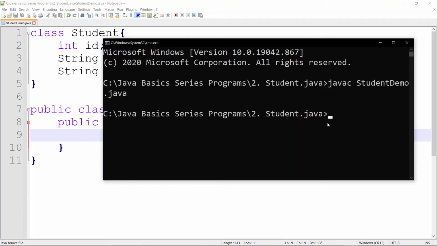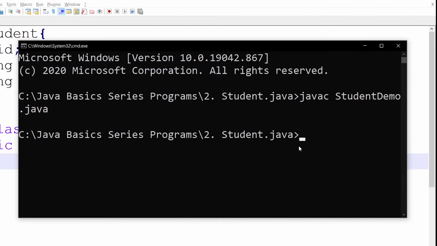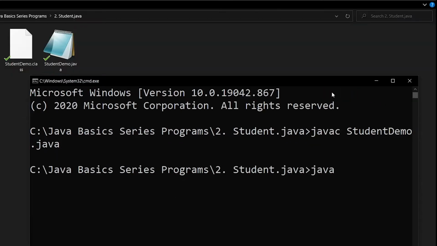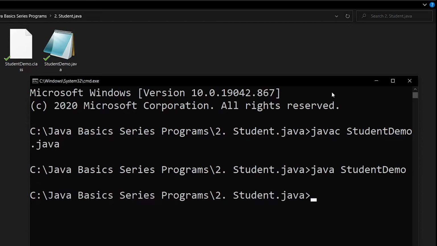So first try and run this program. Remember the command for running a Java program? It's java space name of the file. And in this case, we'll be running StudentDemo because that's the file which contains the main method. So we'll run StudentDemo. Okay, you got me right. We don't need to write the .java extension when we are running the program using the Java interpreter. So the Java program executed successfully, but it doesn't have any output because we didn't give one.